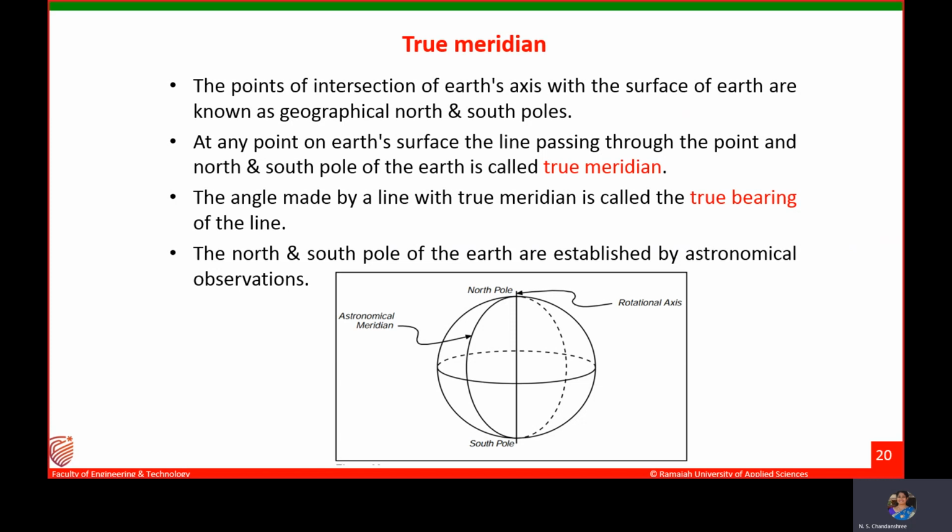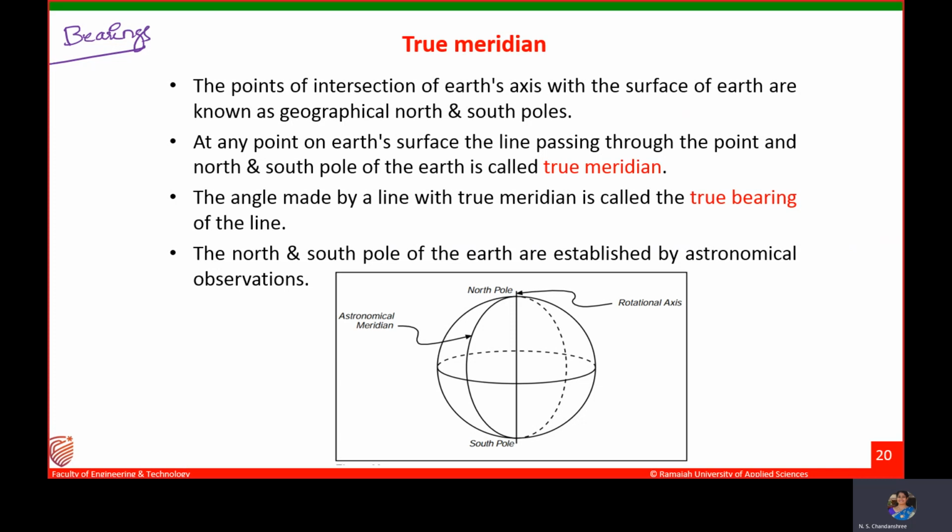So now we will learn about bearings. Till now we were talking about the term bearings, right? So what is a bearing? Bearing of a line is its direction relative to a given meridian. Now you fix up one meridian, one reference direction, and with respect to that reference direction, if you measure the angle of any given line on the surface of the earth, then that is called a bearing.